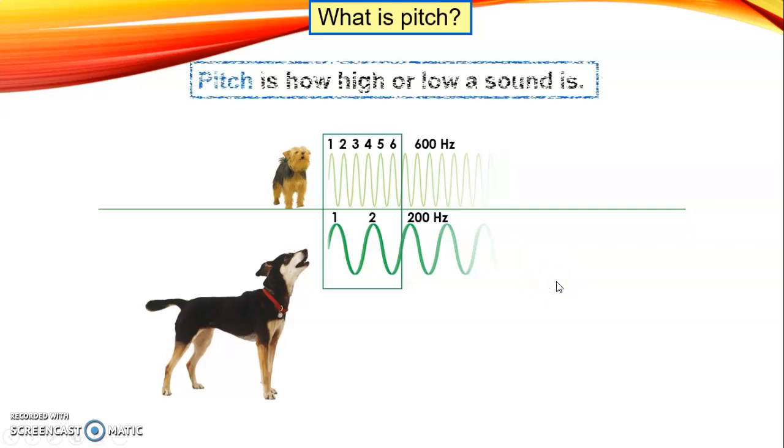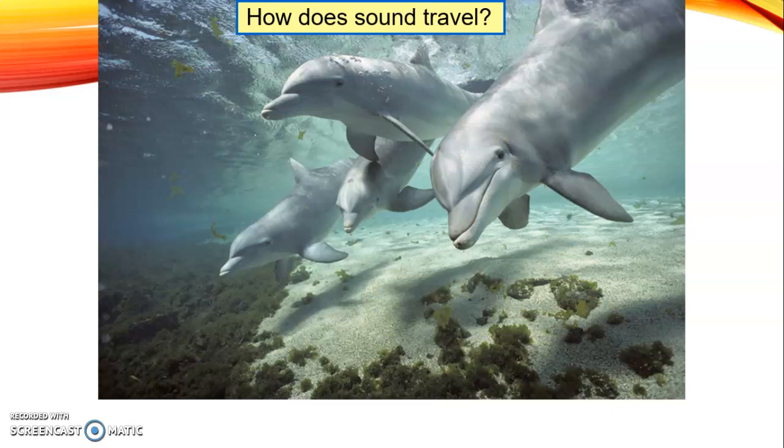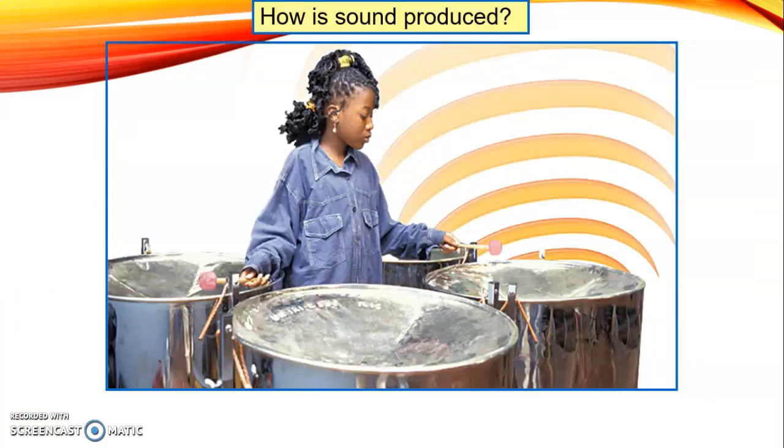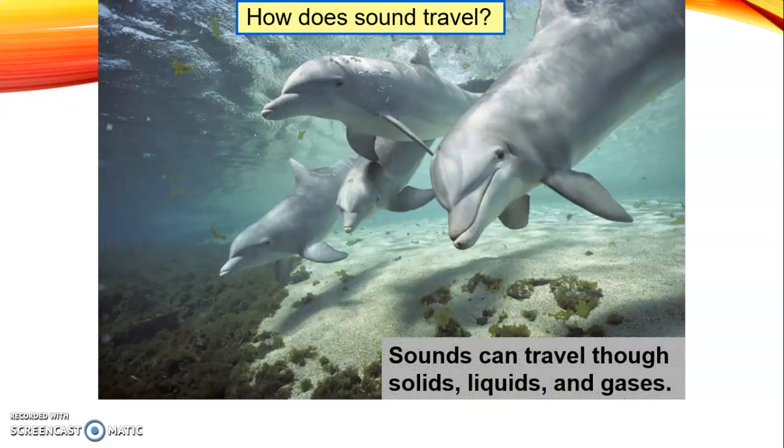So here we learn that pitch is how high or low a sound is. Start to copy all the essential ideas in your notebook. You know, in that activity, in the instructions, put that you are going to copy the essential ideas and the draws. How is sound produced? How does sound travel? And write that the sound can travel through